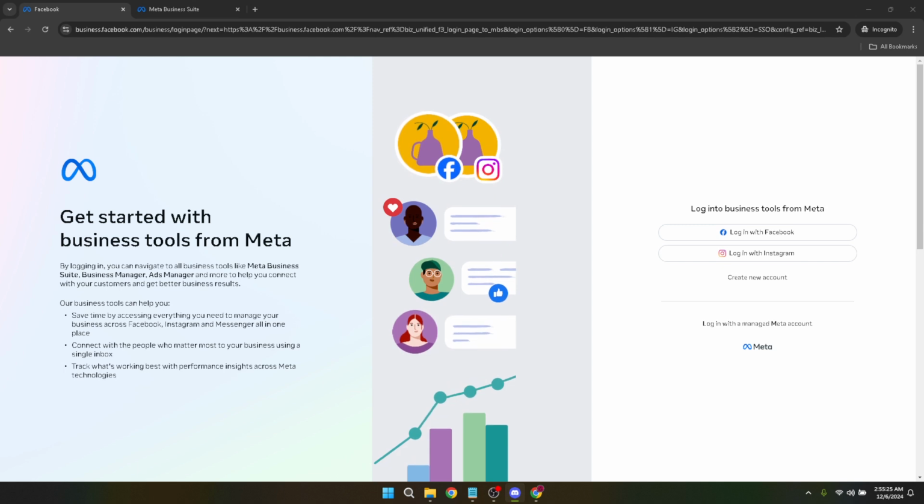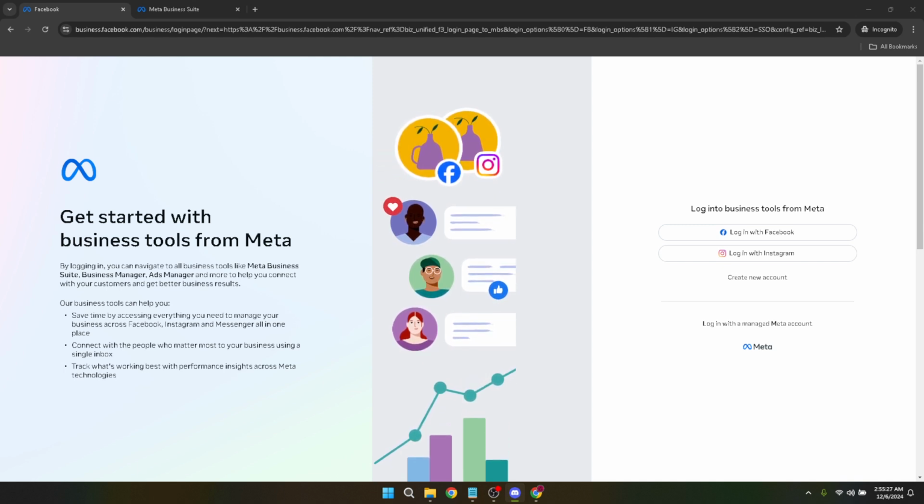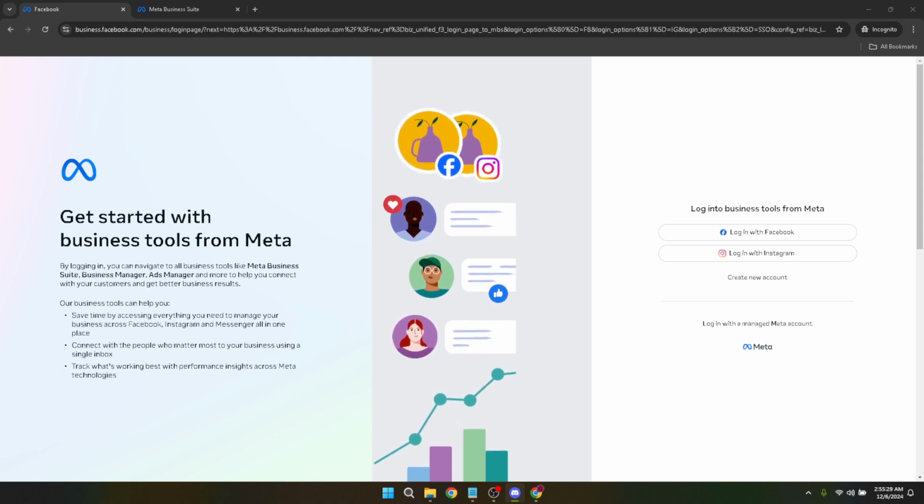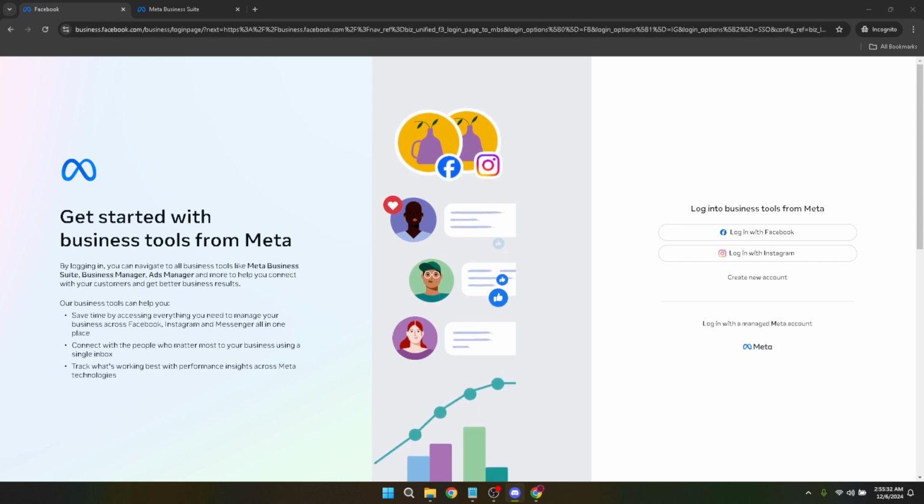First things first, you need to access the Facebook Business Manager. This is the hub where you can oversee your Facebook ads pages and the people working on them. If you've never used it before, don't worry, it's quite straightforward to get to. Simply type the Facebook Business Manager URL into your web browser and you're halfway there.